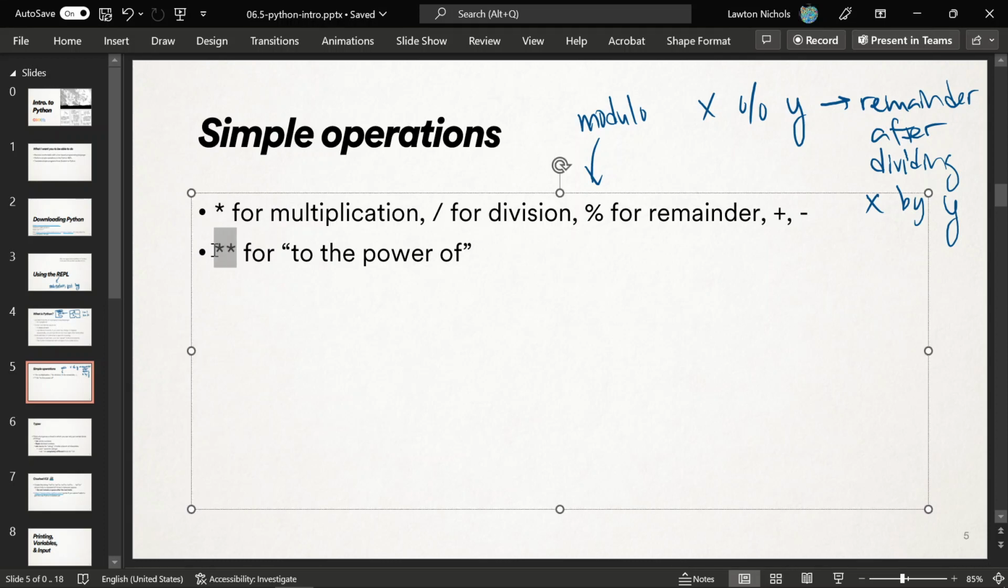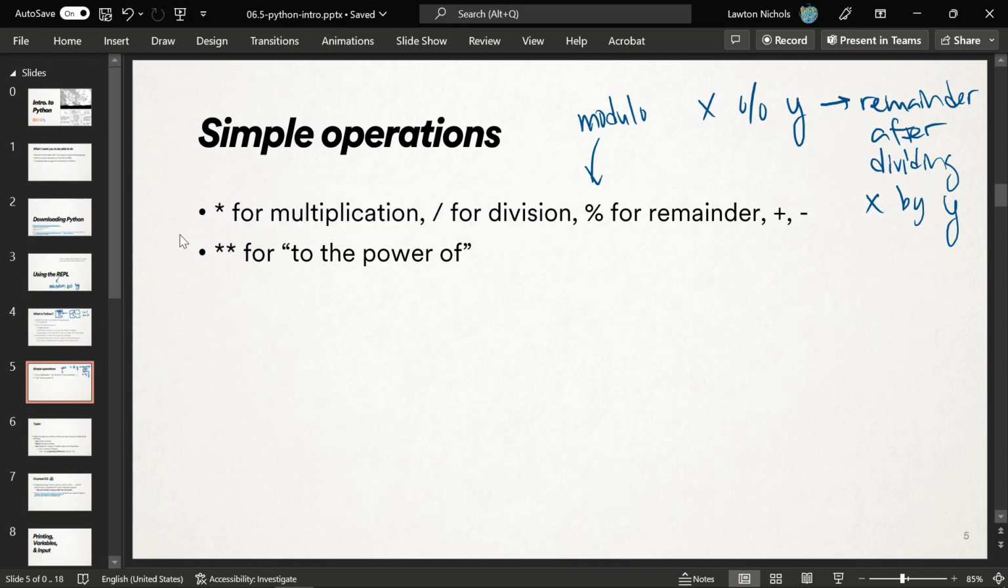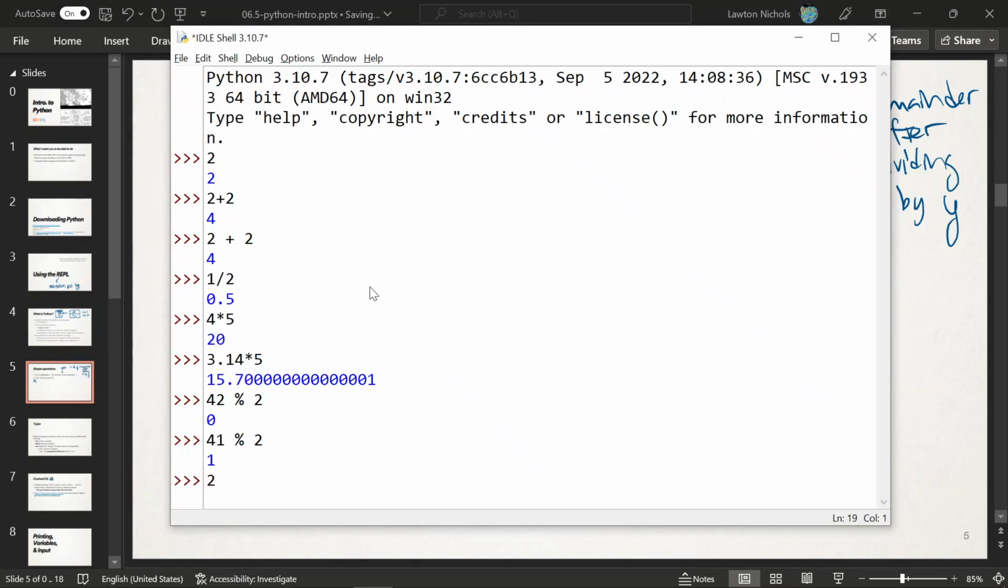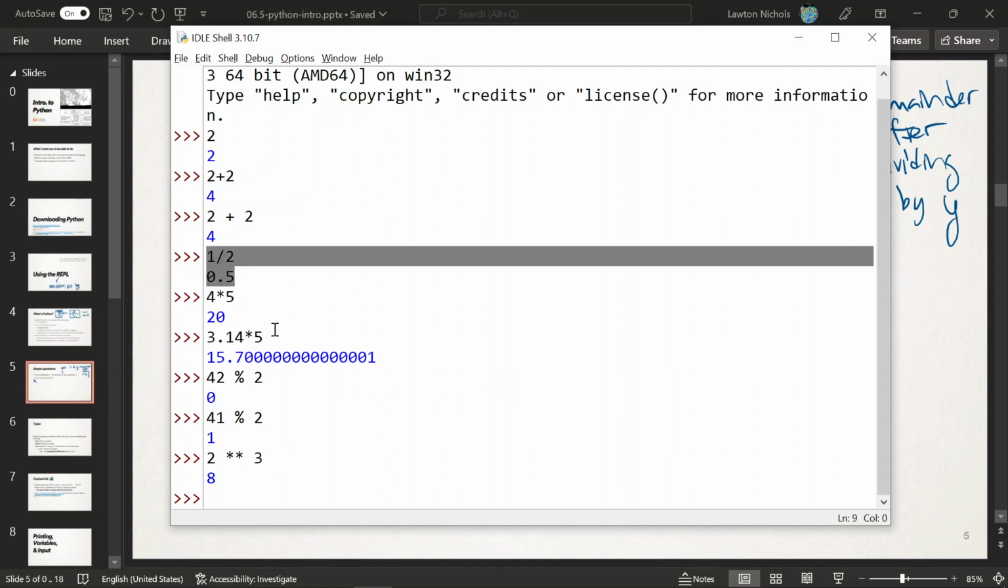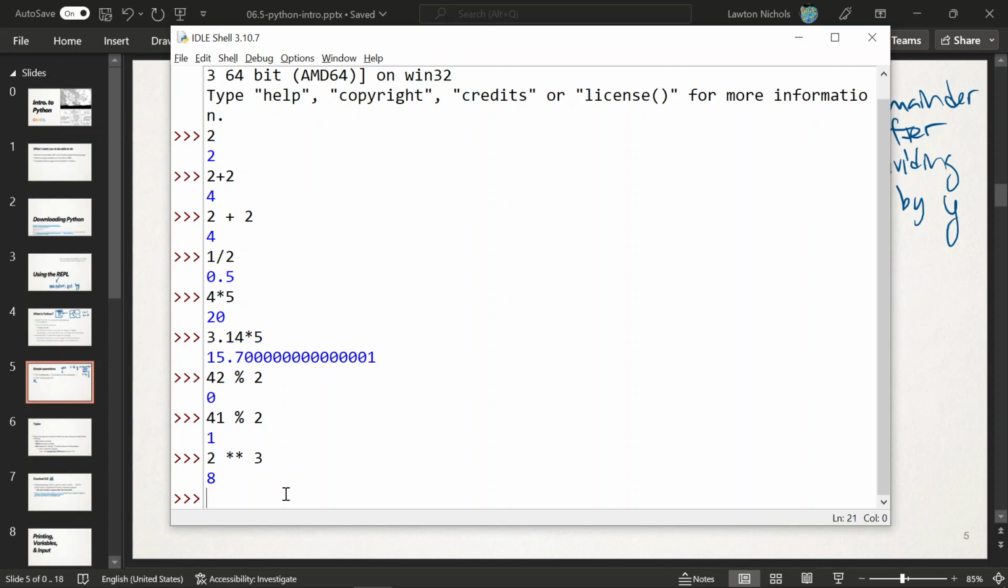2 stars, you might think it was like the caret character, but no. It's 2 stars for to the power of. So if I want to calculate what is 2 to the 3rd power, 2 star 3, that's 8. Okay? That's how you do that. So that's just a bunch of simple operations on numbers. They can include decimal places. Totally fine. Not a big deal. Okay? So if we're okay with that,